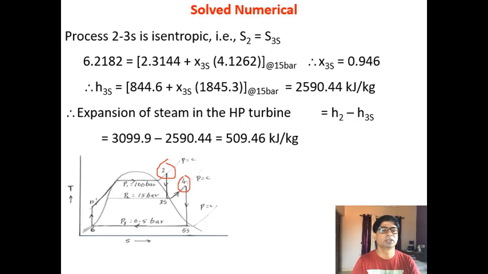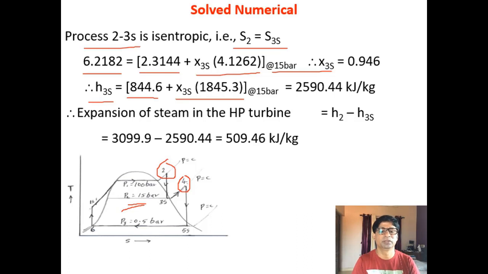Now process 2 to 3s is isentropic, so S2 is equal to S3s. S2 is 6.2182, and S3s is nothing but SF3 plus X3s into SFG3. I won't write the formula again, so I directly substituted here. So X3s is 0.946. Similarly find H3s, which is nothing but HF3 plus X3s into HFG3. These two are at 15 bar, very important, right? So we'll get it as